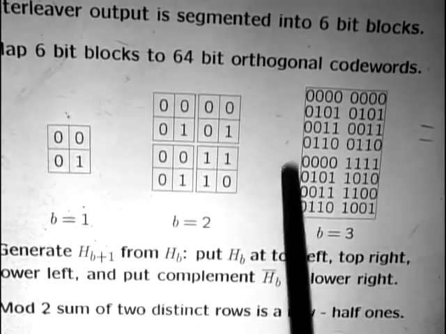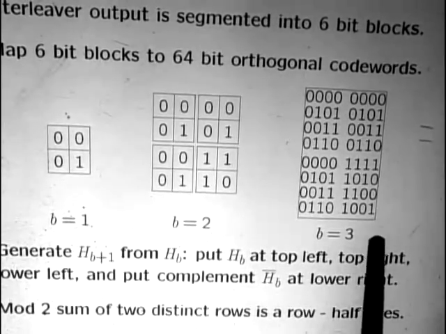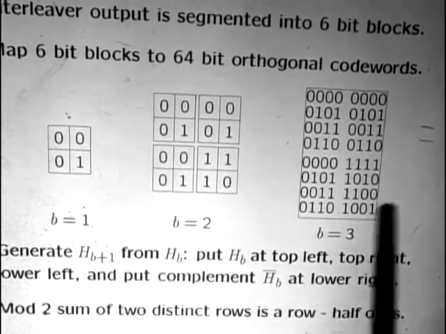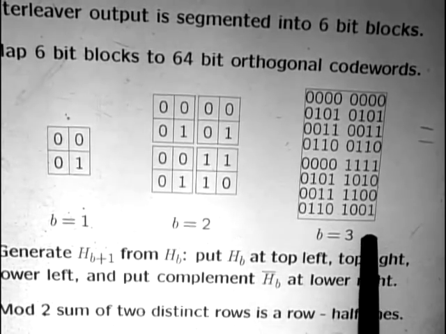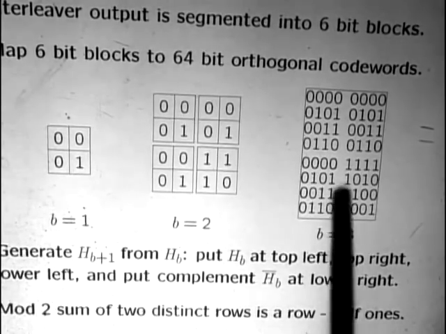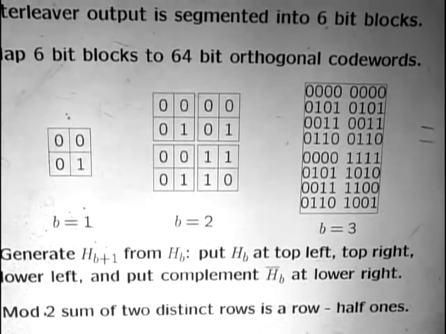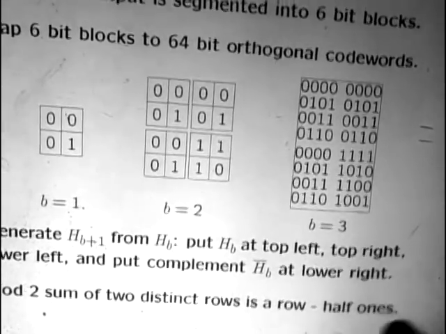When you look at everything down here, they differ in half the positions for the same reason, because complementing this doesn't change any of those distance properties. And when you look at the difference between these and these, it's the same kind of thing if you think about it for a couple of minutes. Okay, so this is an